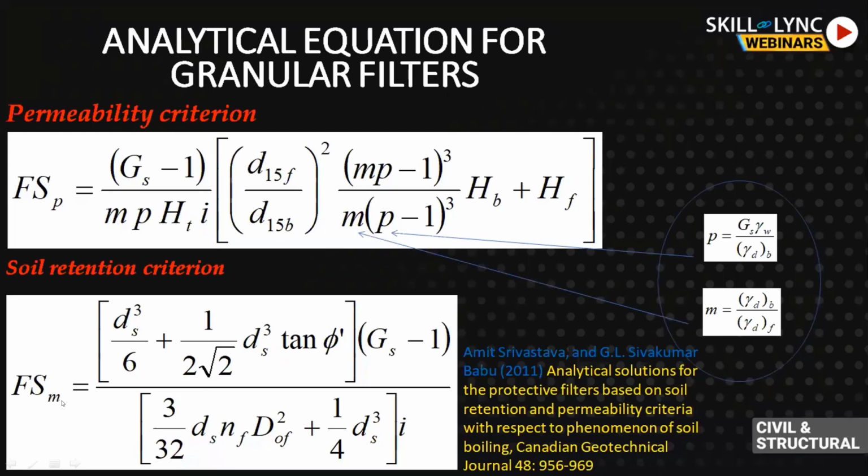In the same way, you can see the second equation, which can be used for calculating the factor of safety against particle migration. Here also you can see weighted average particle size, angle of internal friction of the soil, applied hydraulic gradient, size of the filter media opening, and porosity of the filter media. All these basic geotechnical factors are taken into consideration to calculate the factor of safety. So it is nice. Actually, I was very much impressed.